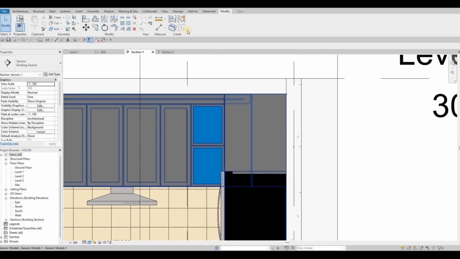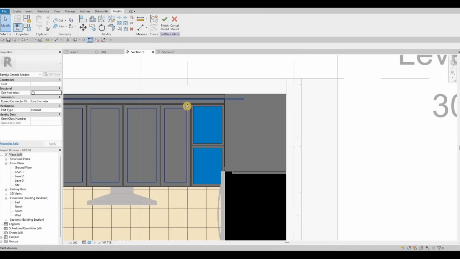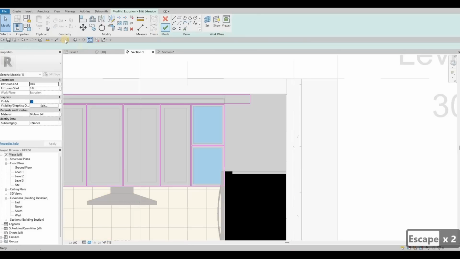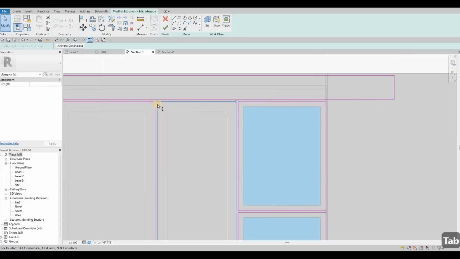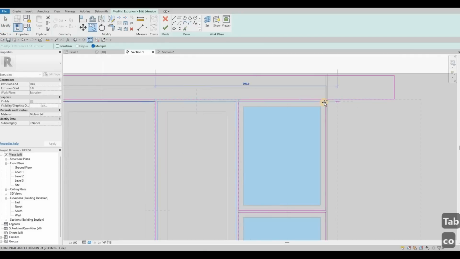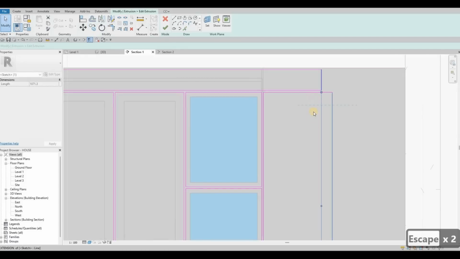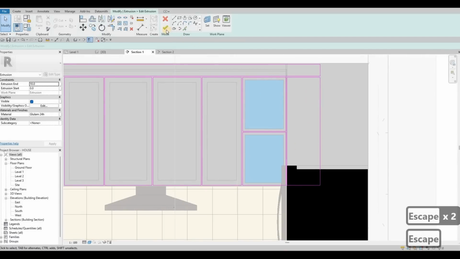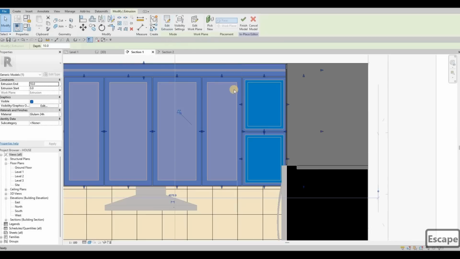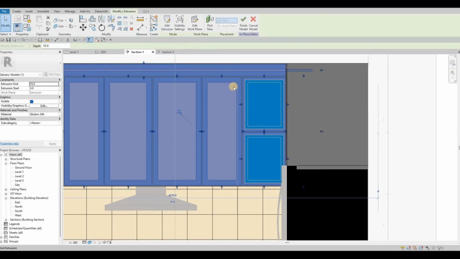So on this side, I'm going to edit this part right here, edit extrusion, and then I'm just going to create something like this one right here. So I'm gonna click on tab to select everything, CO, and then I'm just going to grab it from here and then add it there, and then I'm just going to line it up on this side, and then click on finish, and then edit the void extrusion,